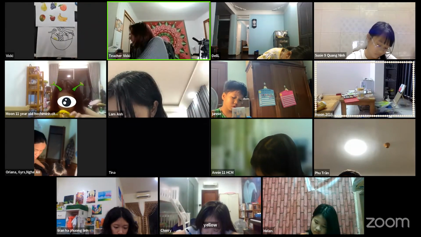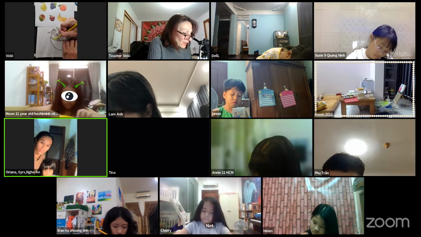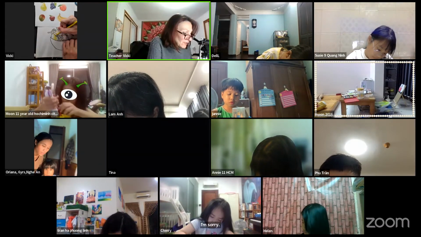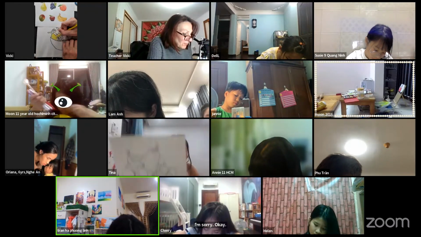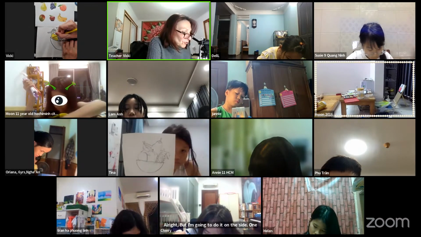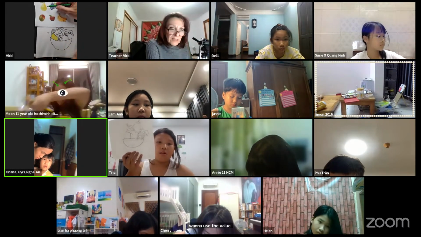But I feel as though there's just a tinge of green in there too. So I'm going to do it mostly yellow, right? My pear, but I'm going to do it on the sides. I want to use the value. There's a value scale. So on the sides,